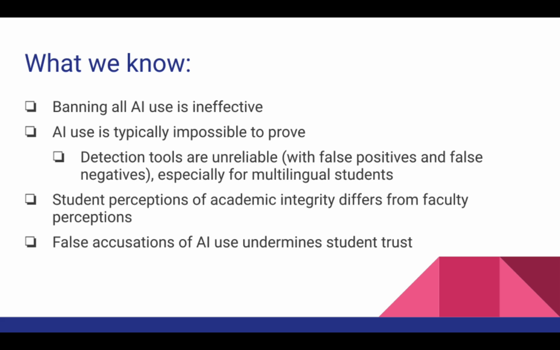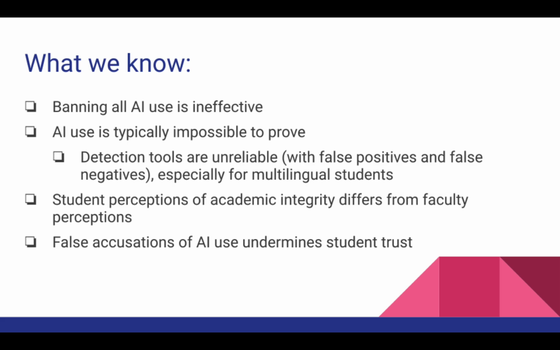So the false positive rate is dramatically higher for multilingual students. So it's much more likely that they will be falsely accused of inappropriate AI use. But no matter how this goes, you can never prove that the items were generated. It's almost impossible if students actually read it and remove anything that is not indicating clearly that it was AI generated. It's really hard to demonstrate this.